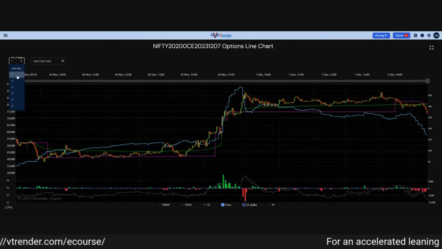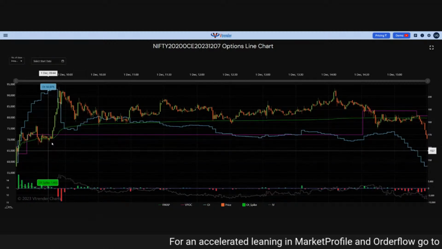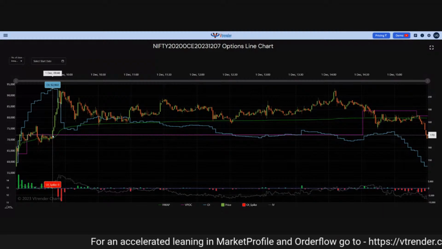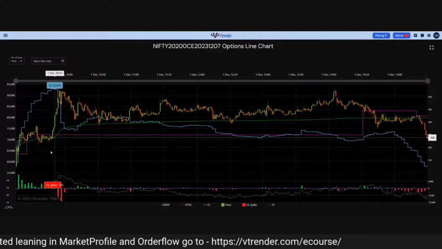Again, I'll just push this to intraday only. And see, this is the time where it spiked over the POC and the VWAP. So 9:45 was that time. So this is when we